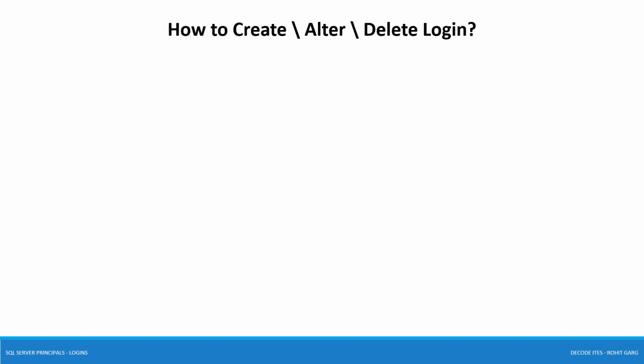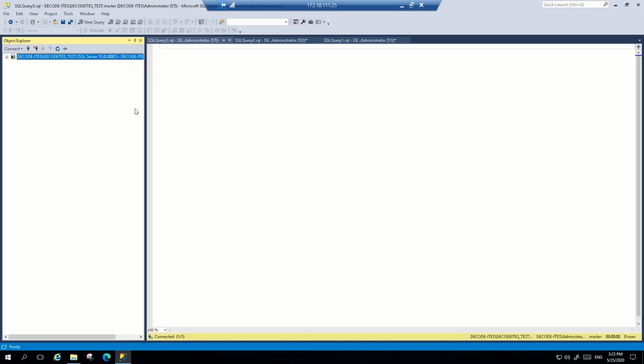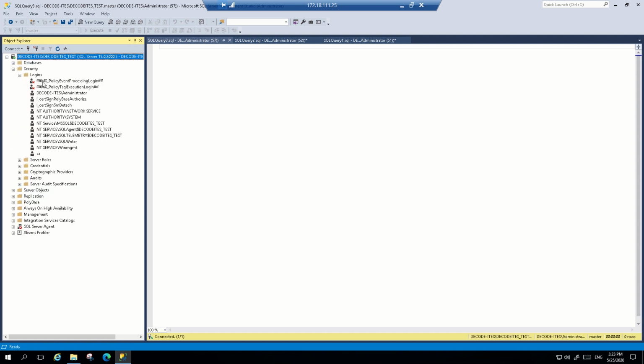How to create, alter, or delete logins. For this, let me take you to my SQL Server instance and see how we can manage SQL Server logins. In this demo, we will see how we can create, alter, or delete SQL Server logins. To manage SQL Server logins, you need to connect to your SQL instance, go to Security, then go to Logins.